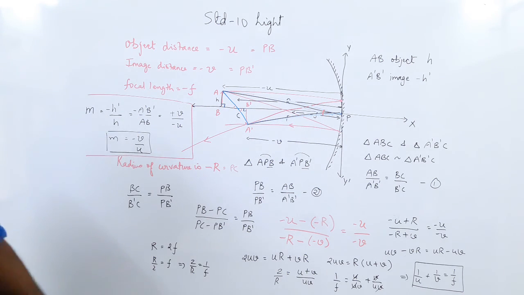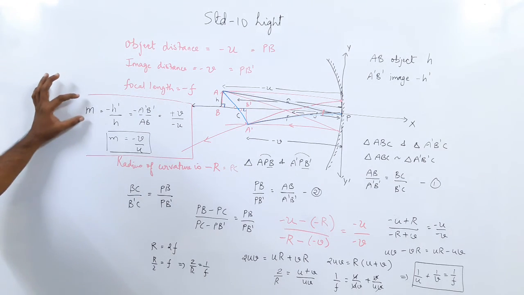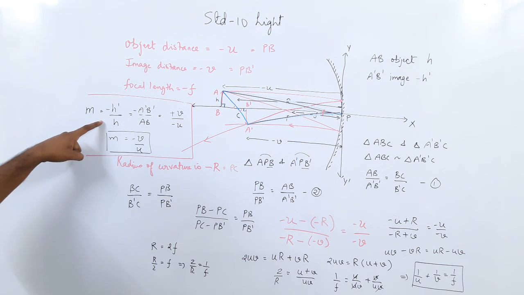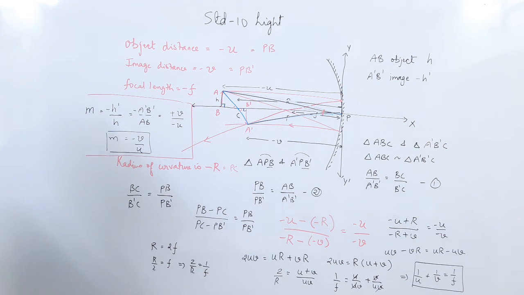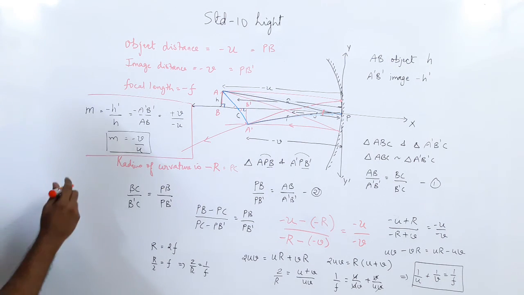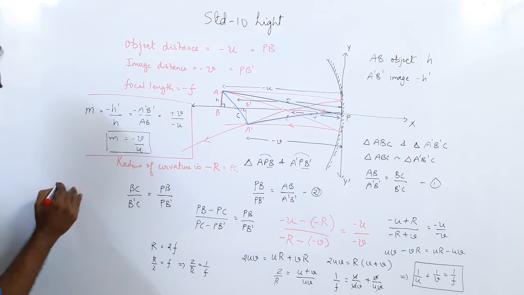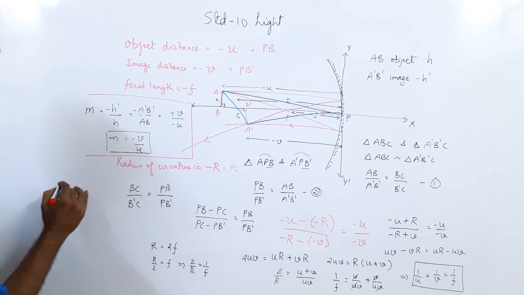Now if you recall, we did 6 cases in the concave mirror. And magnification, we have known what it is: image height to the object height. Now in the plane mirror, the magnification is always 1. Why is it 1? You can simply understand. The object is on the left side, so we have minus u. The formula is minus v upon u. In a plane mirror, the image is found on the right side, so we have minus minus u, so plus v upon u.